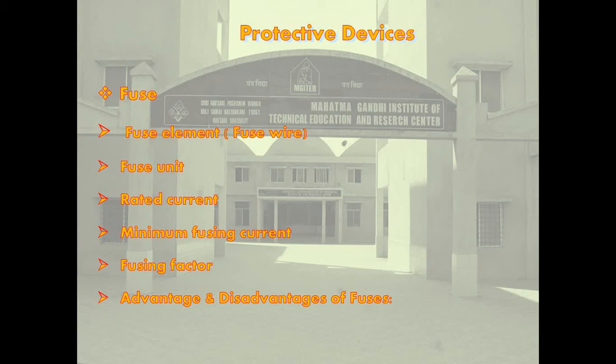Okay. A fuse is a protective device used for protecting electrical equipment against overload or short circuits. A fuse is a short piece of metal inserted in the circuit in series and melts when excessive current flows through it and thus breaks the circuit. The general purpose of the fuse is to carry the rated current safely without melting or fusing. But when the rated current is exceeded, the fuse should rapidly heat up to the melting point.